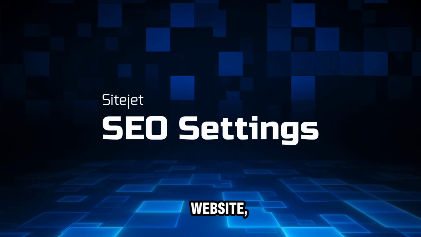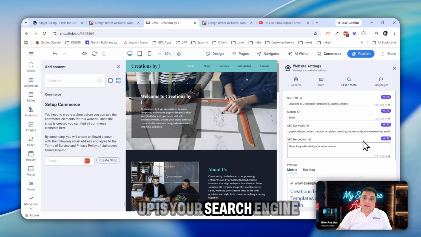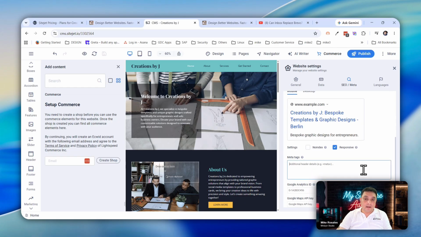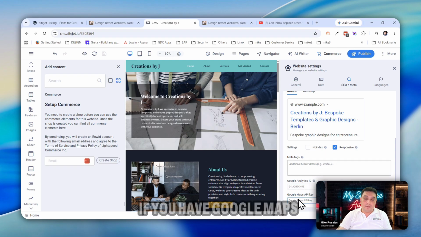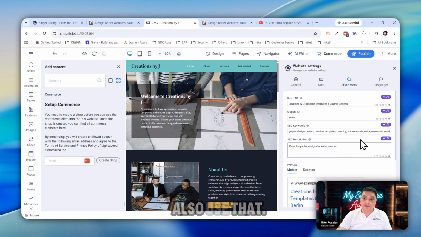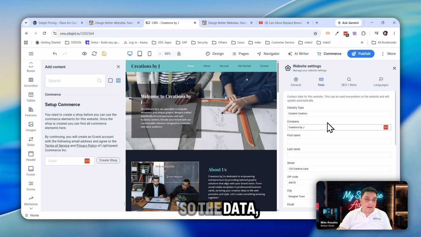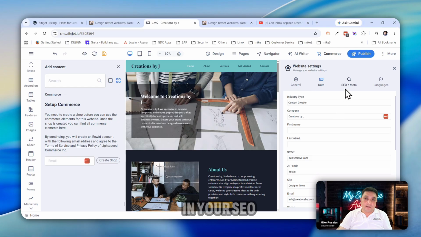So basically, if you have a website, the first thing that you need to also set up is your search engine optimization, how it would appear in Google. You should be able to set up your Google Analytics as well. If you have Google Maps API, also use that. And you can always use their AI features to actually generate your descriptions. So the data, this would be populated in your SEO